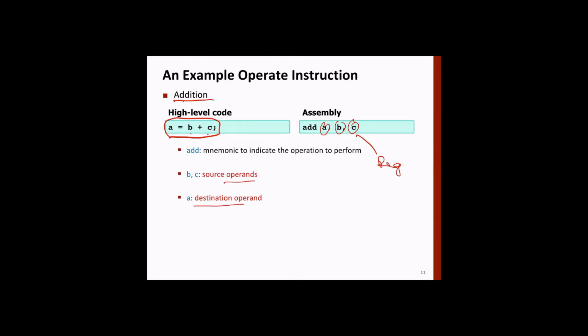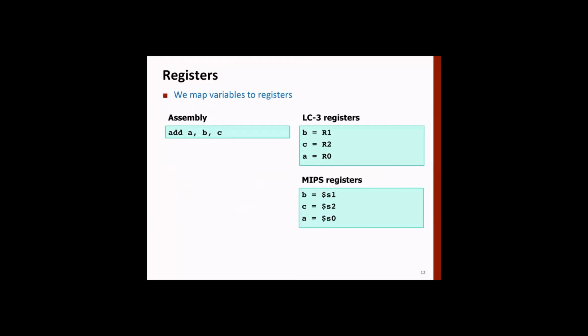For example, we'll convert these operands into actual register numbers. B represents the contents of this B, and these two are added and put into register A. Okay, so we'll look at it this way. The mapping is as follows. In assembly, if we show it as A, B, C, B is contained in register R1, C is contained in register R2, and the value of A will be in register R0.